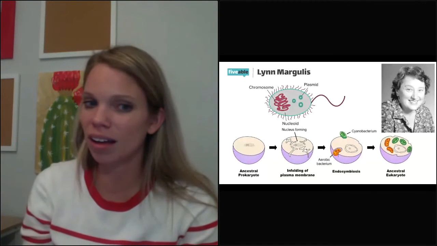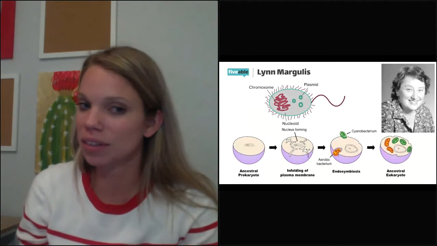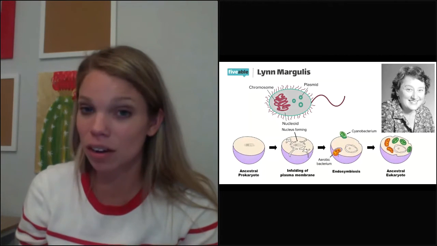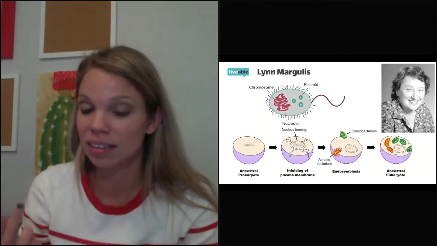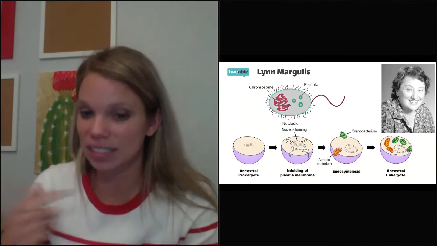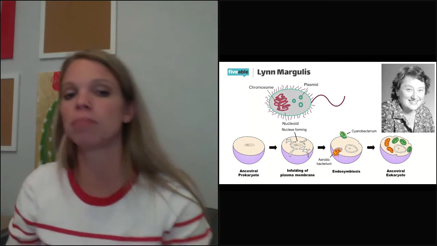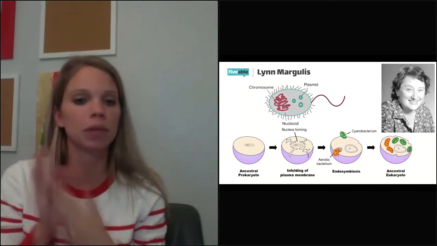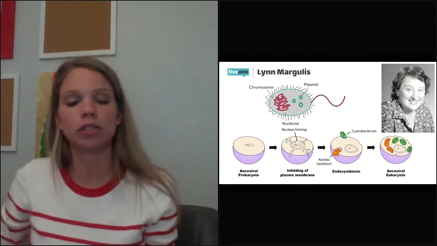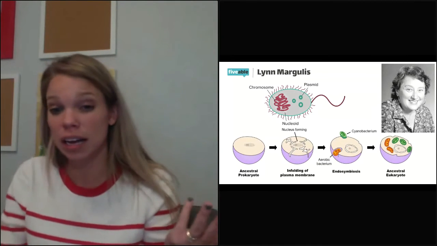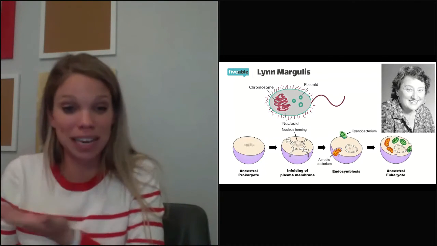But as we saw, mitochondria and chloroplast have their own DNA. So the mitochondria and the chloroplast kept dividing, and the prokaryotic cell kept dividing. And over time, they formed this symbiotic relationship where they relied on one another. The mitochondria and the chloroplast would supply energy, and that big cell would provide protection.